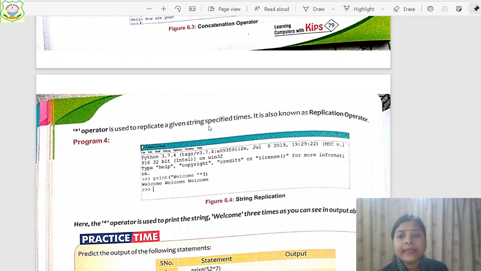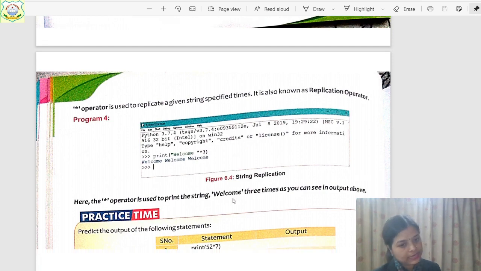It will replicate that number of times, children. What does multiply do in text? Nothing, it will replicate those string values. If you have written welcome, then the replication operator, that is the multiply sign, and 3, then welcome will be printed 3 times in that way.